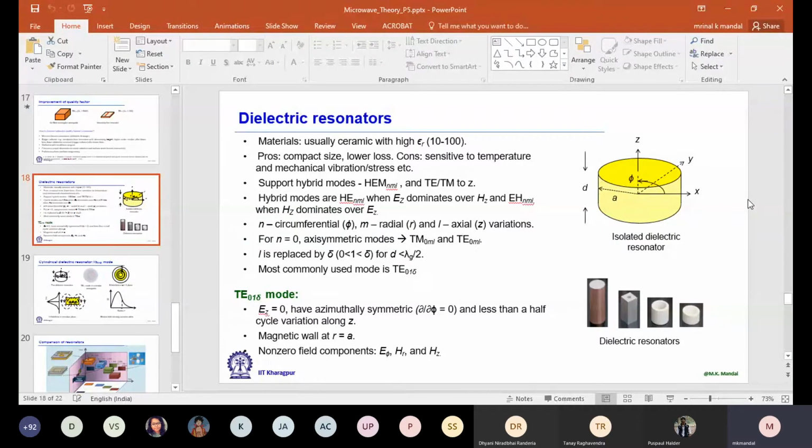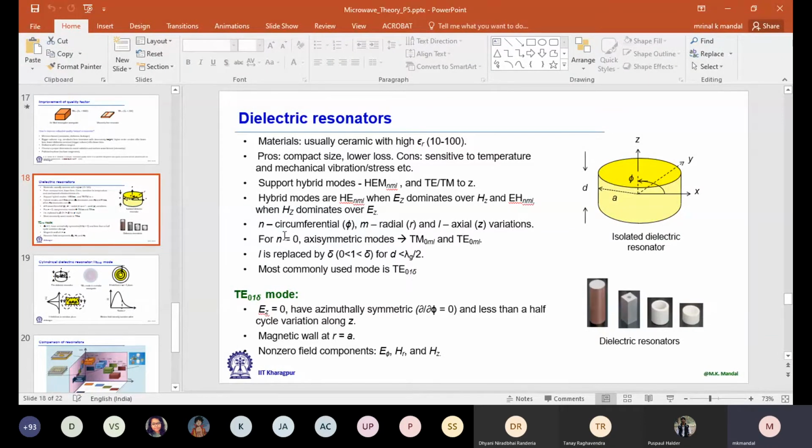So in conclusion, one dielectric resonator can support many different types of modes. It is not a straightforward solution like a microstrip line resonator or a rectangular waveguide resonator. It can support many different types of modes, and if you change the shape, any one of them can become the dominant mode. So we are not going into further details. Let us just concentrate on the most popular mode. Now, how do we define the mode numbers N, M, and L?